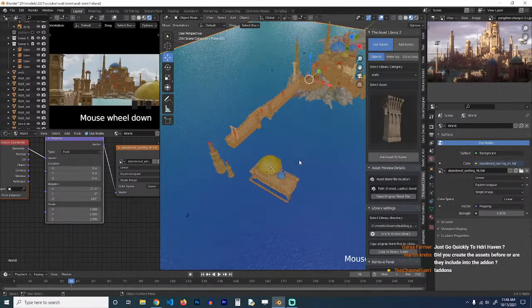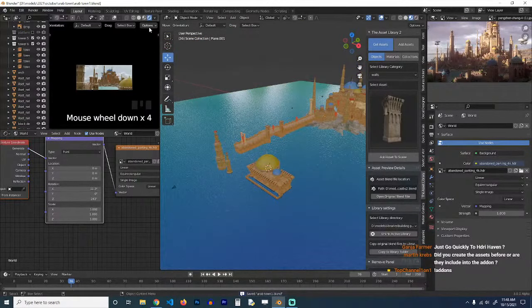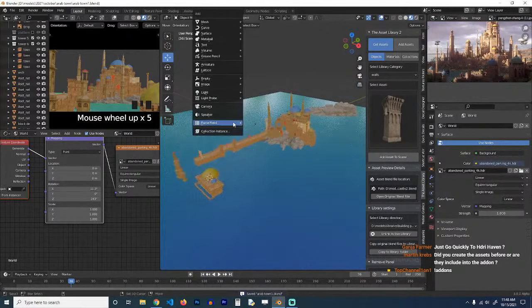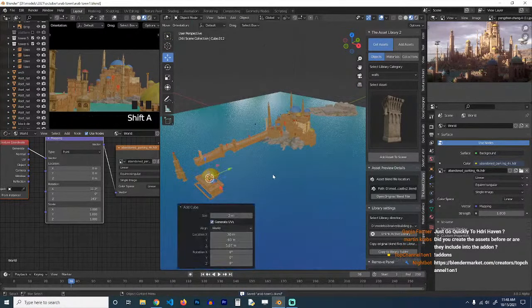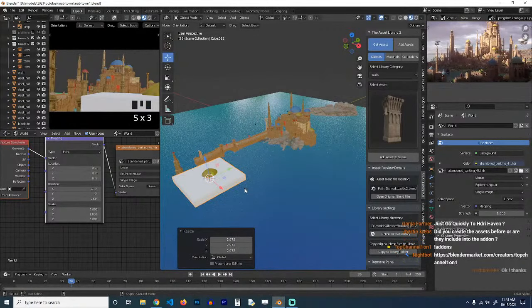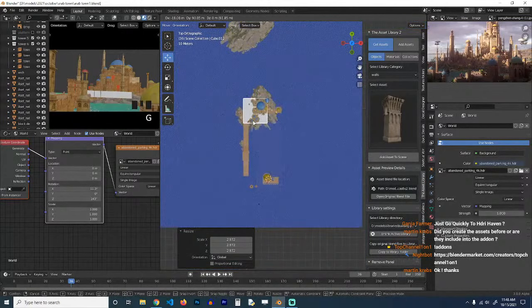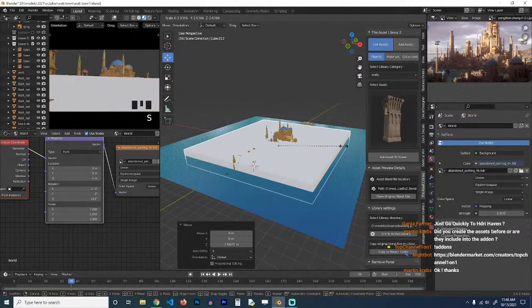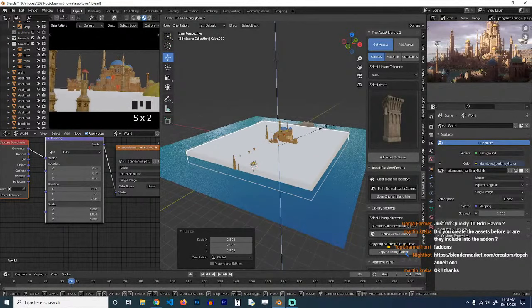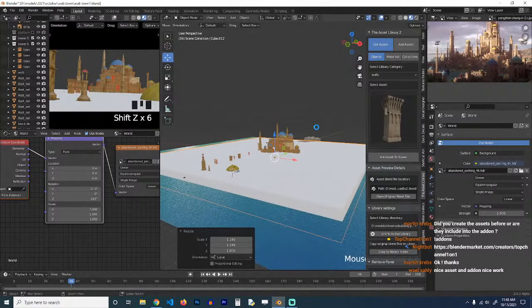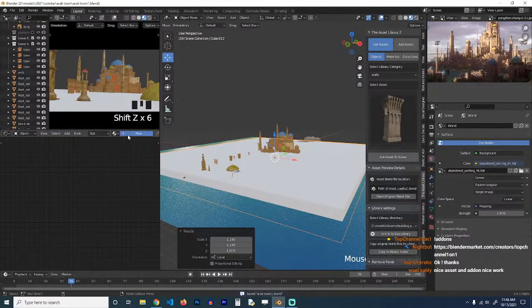Okay, so this is where we're at. I think we can start bringing in some volumetrics, just so we can see some layers, because right now everything seems a bit flat. So I'm just going to go to object,